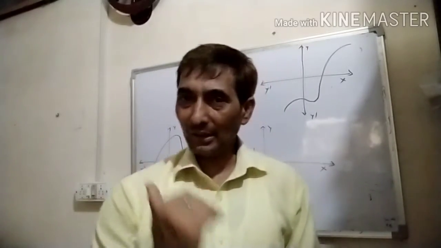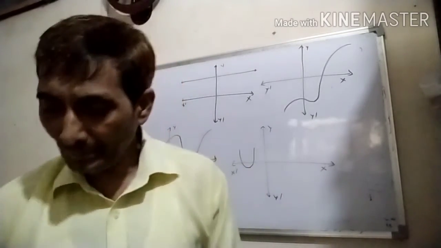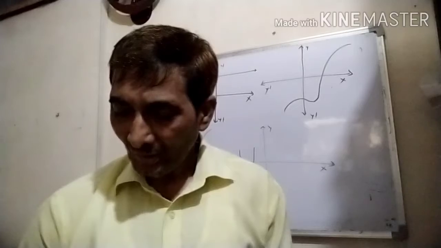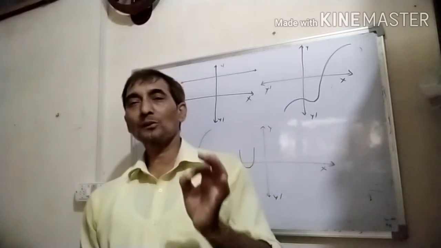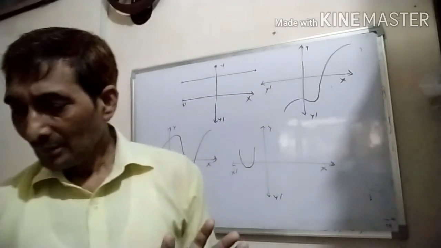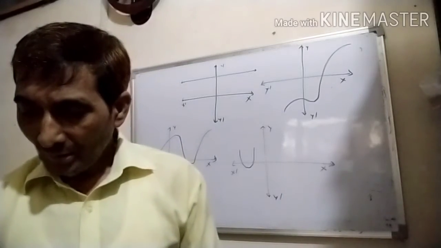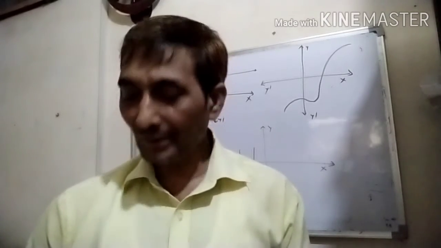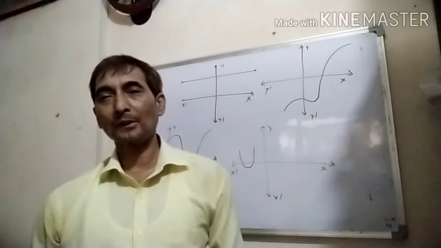According to this, you are able to explain figure number 5th and 6th. In figure number 5, you will see the graph cuts the x-axis at 1, 2, 3 and 4 points. Therefore, 4 zeros are possible for this polynomial. On the last graph, the polynomial cuts the x-axis at 1, 2 and 3. Only 3 points. Therefore, there are 3 zeros of the polynomial.